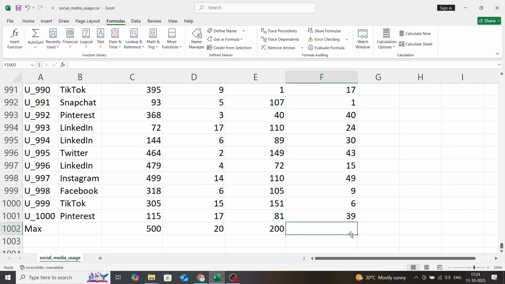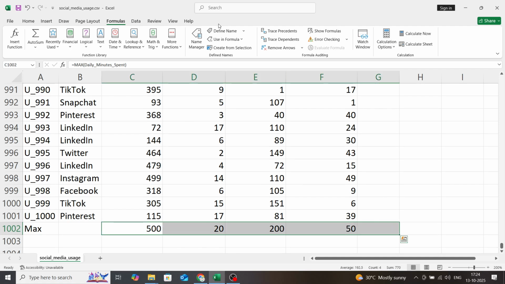And similarly for this, I can just copy and paste it here, because we have relative reference, not absolute reference. If we have relative reference, when we copy the formula from one location to another, it will automatically be adjusted. Same thing: here we have E and here we have F. You can see it in the formula bar. Okay, understand, these are the maximum values that are available here.